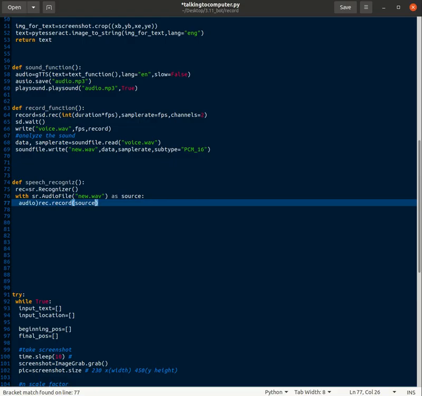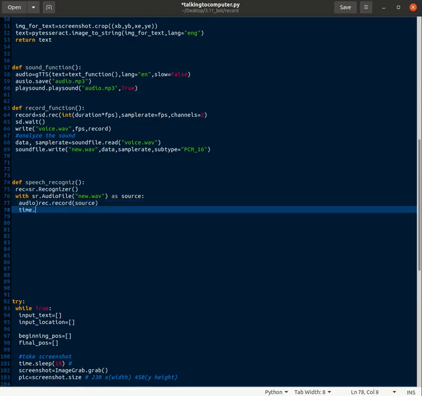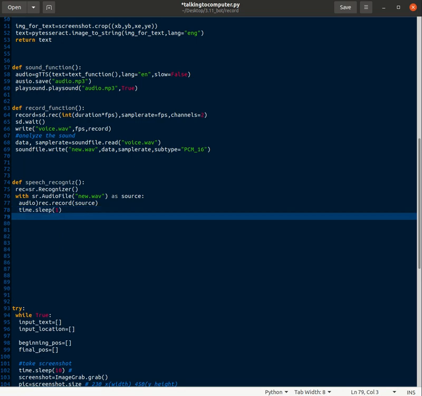So like time dot sleep for 1 second, text recognition dot recognize Google. As you can see, we are using Google, and this is why we are using time.sleep,